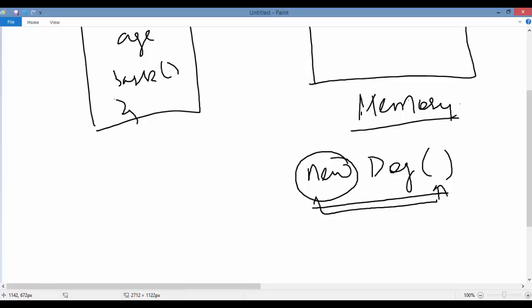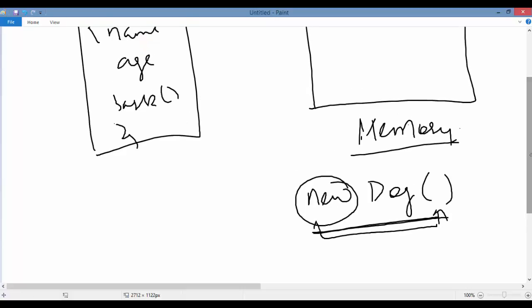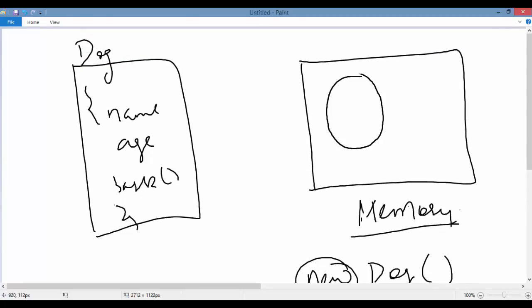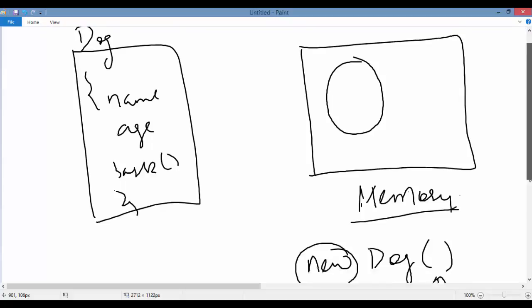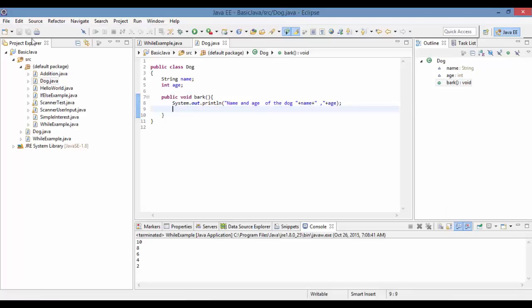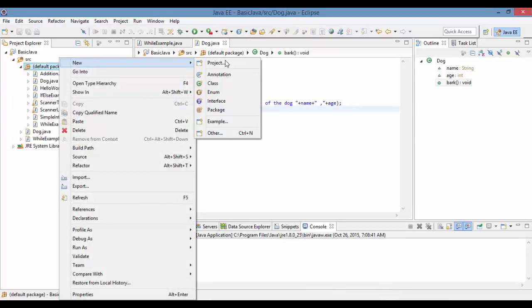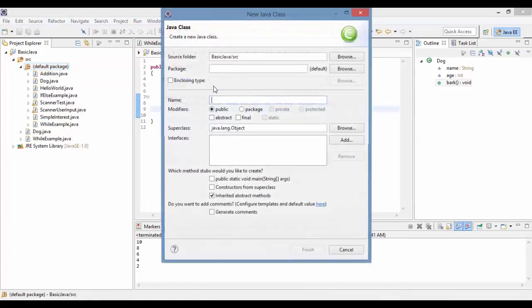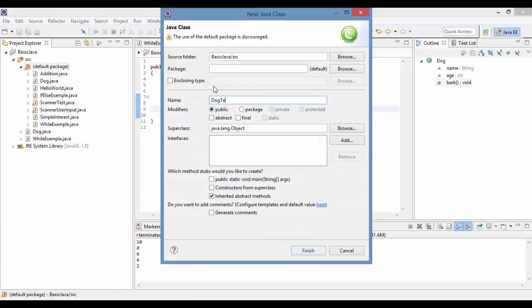Once you write this statement, it has created a dog in the memory. So just by writing new of dog, this is the way to create objects. Now I'm going to go ahead and write another class where I'll create the objects of the class. So here, class DogTest,